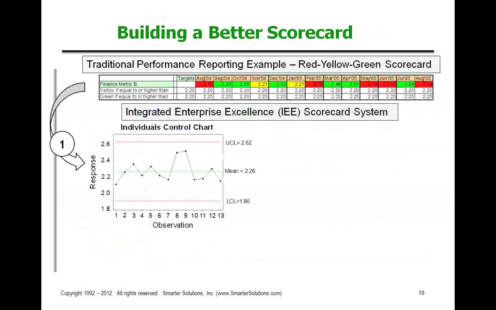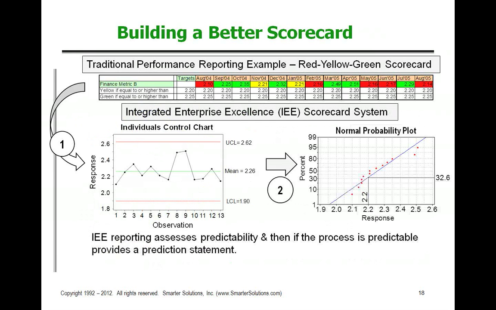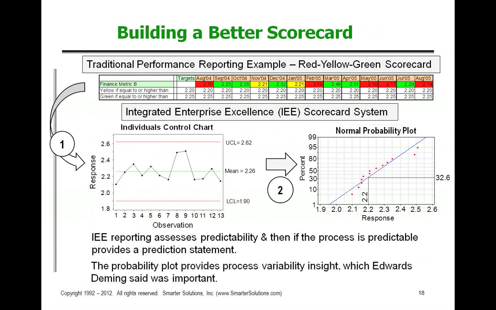So how do we present this information? Well, first off, we want to see if our process is stable. And if it's not, we might have a recent region of stability. It could be 3 weeks, 3 months, or 3 years. The whole period might not be stable, so we might have to stage it. We then create the probability plot, which really is consistent with Deming's point of view, where variability needs to be considered in the overall statement.